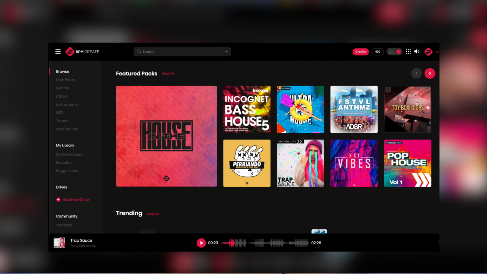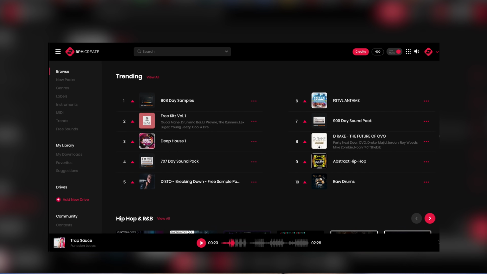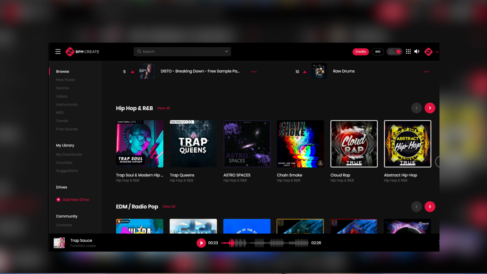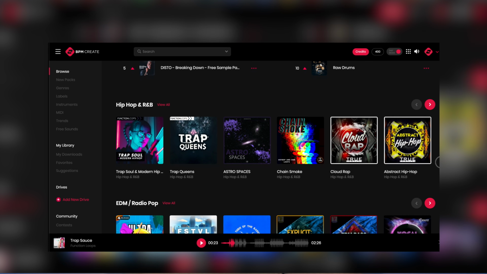Now keep in mind that BPM Supreme The Record Pool and BPM Create are two completely different services and libraries, which means that BPM Create requires a fee which is separate from BPM Supreme The DJ Record Pool. And how BPM Create charges people is through their membership plans, which are based off credits. So most samples average about 1 to 3 credits. So every time you download a sample, a credit amount pertaining to the amount listed on the track is deducted